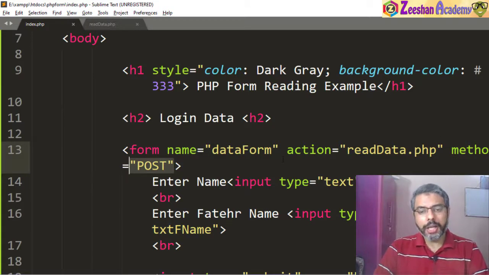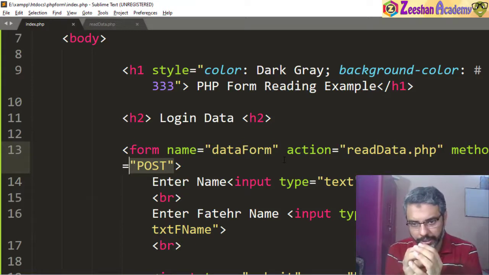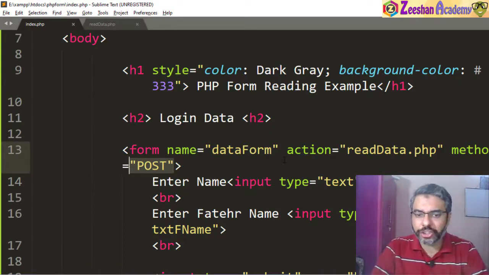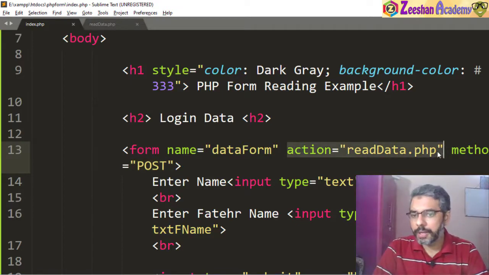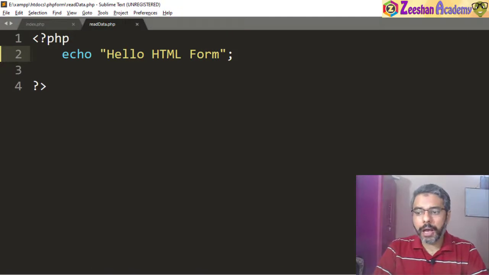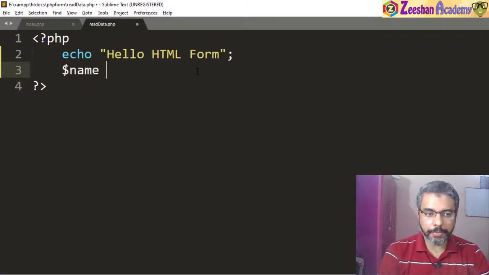Now remember I told you that once we click on submit, the entire form data is encapsulated and then sent to the server, to an action PHP, using method post. So once we come back here, we process this post method ourselves. What we do now is we check this post method. For example, we use something called $name is equals to